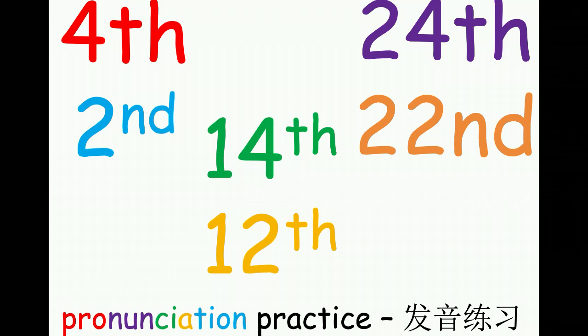Now I might do something with the whole class, like I'll say all of them. 4th, 2nd, 24th, 22nd, 14th, 12th. I'll say it slowly, clearly. They're repeating after me, and I'll say, if I say red, you say 4th. If I say green, you say 14th. If I say purple, you say, and they'll say 24th. They understand, okay? And I do this as a quick game. I'll go, blue, and they're like, second. The first girl that says it, I'll give the girls a point, and then I'll do it like that as a game. I say the color, the first person to say the correct thing on the board,